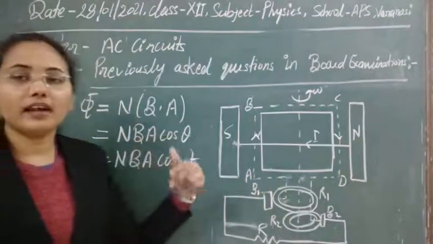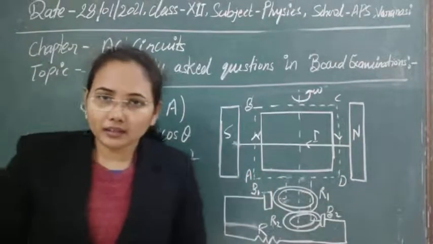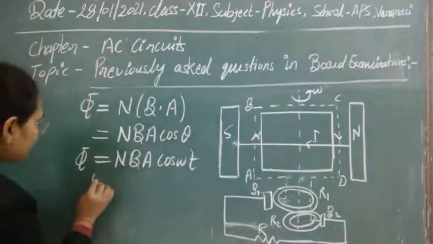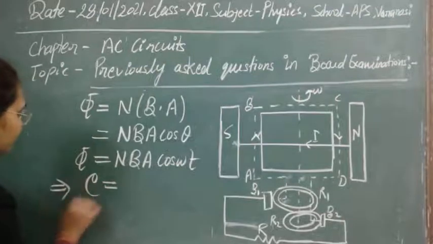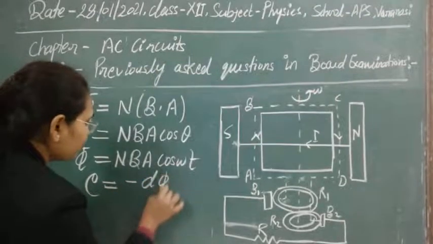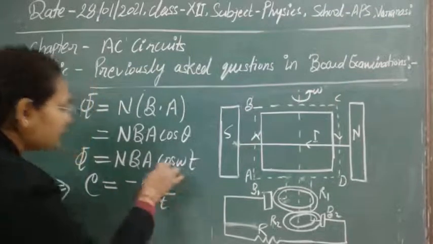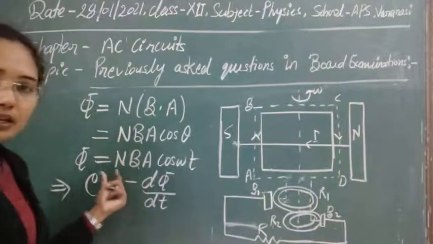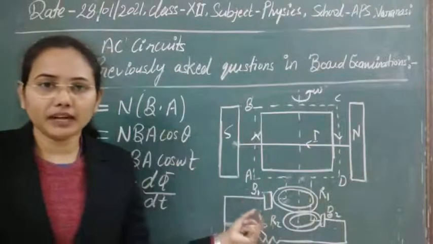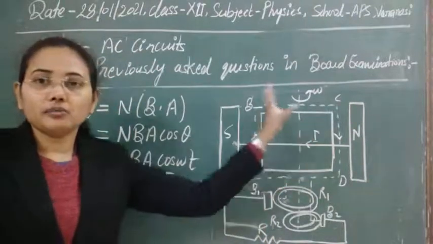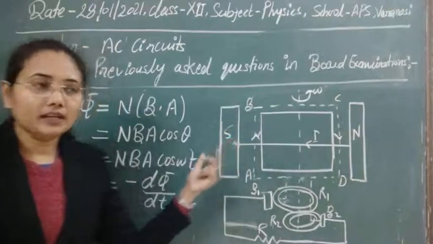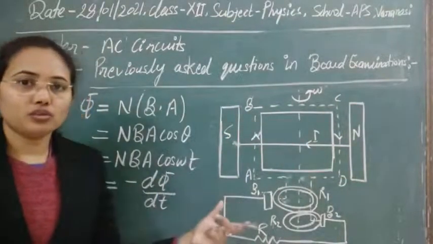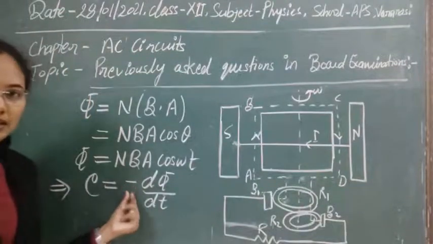obviously there will be production of an induced EMF here, and that induced EMF is given by Faraday's law of electromagnetic induction. By the help of that, the value of this induced EMF is equal to the rate of change of this flux. And the minus sign, you already know, denotes that this induced EMF opposes any further change in flux. It is opposing its own cause, its own source. So we are just taking the minus sign here.